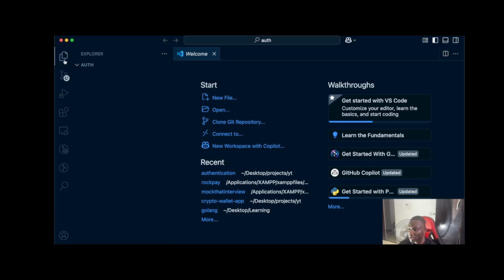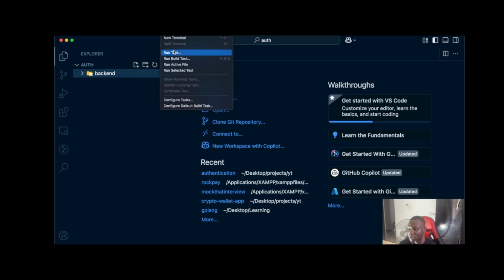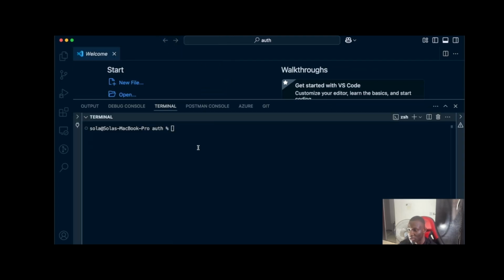And right now we have an empty folder, so I'm going to create a new folder which will hold the backend of our project. So our project backend will be in this folder. So this is just a nice way of structuring things. And let's go ahead and open a terminal for that. And right here in this terminal, I want to go into that folder, and we need to now paste this command right here. But then looking at it now,